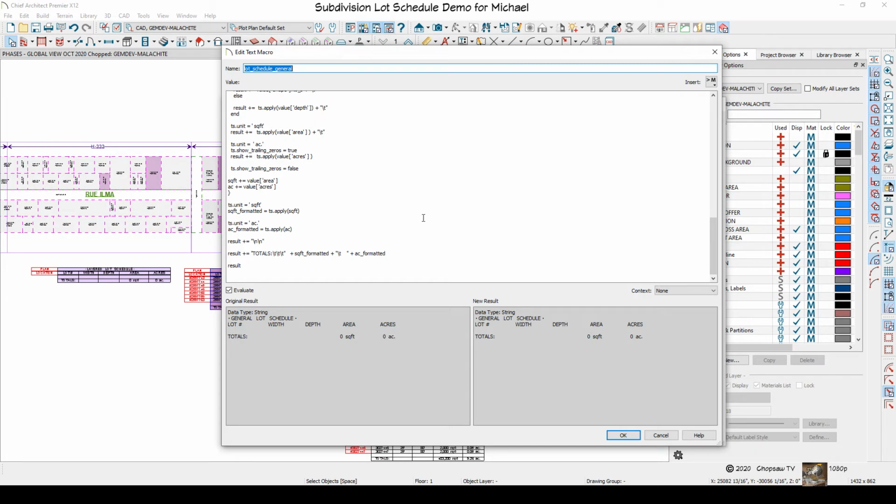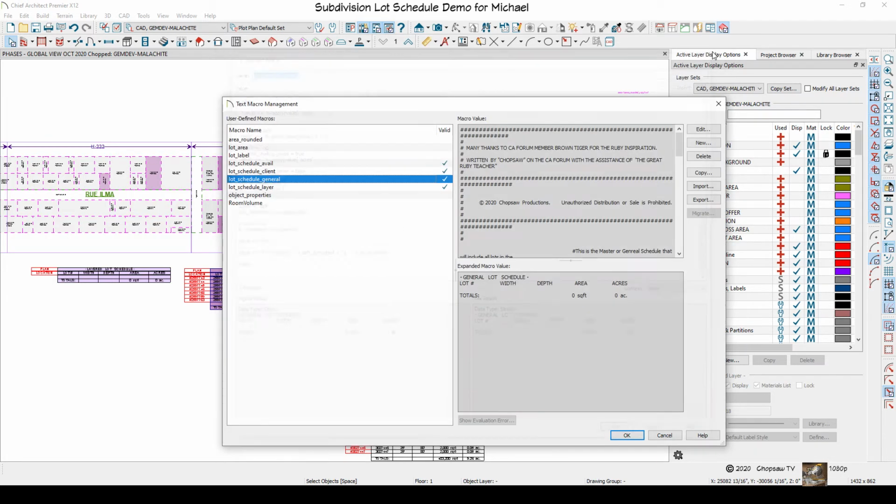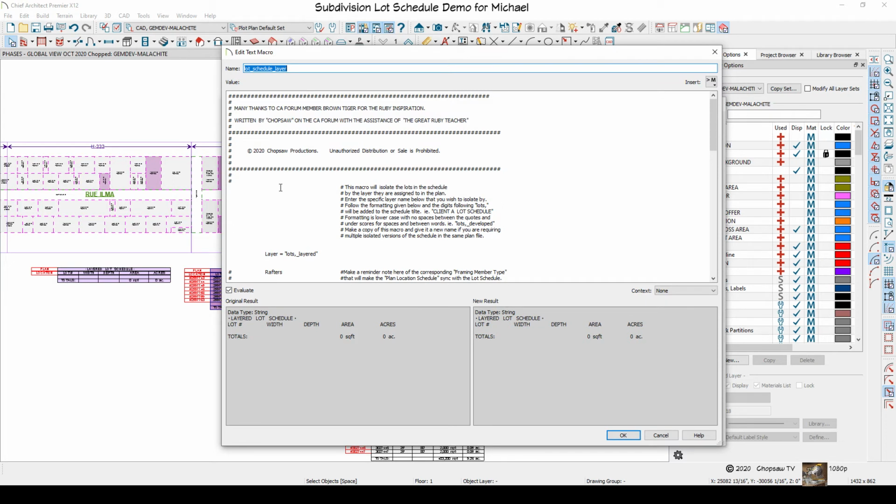No, I'd leave that as your master. If you want to make copies for stuff by layer, use this one. And when you copy it, rename it so that you know what it's being used for, and enter your lot